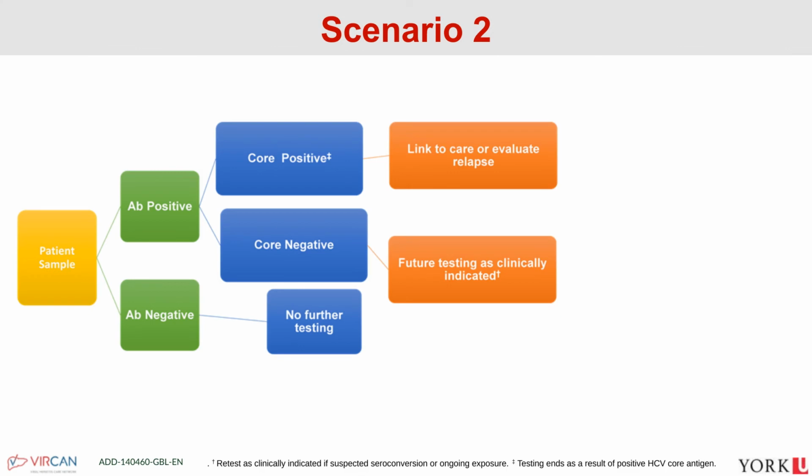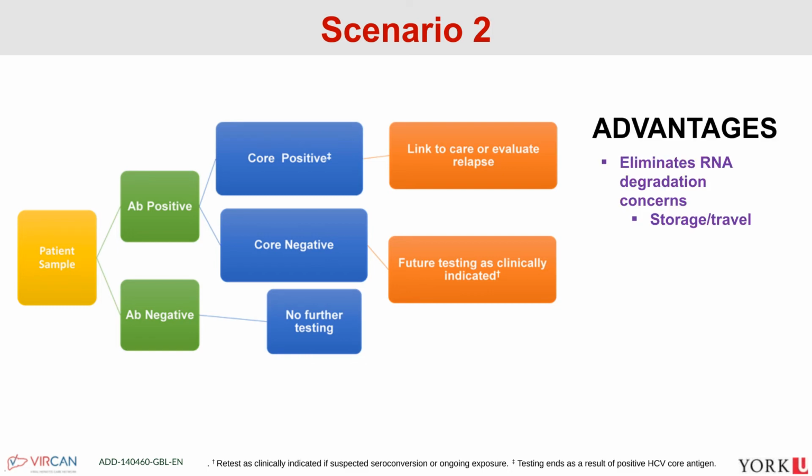In terms of a different type of scenario, in this scenario we actually have no nucleic acid-based testing at all. So thinking about after an antibody positive test, progressing on to a core antigen test; if they're positive, linked to care or evaluate for treatment failure or viral relapse. Are they core antigen negative? And then not having the option of nucleic acid-based testing, which I'll go into some of the reasons in a moment, but just thinking about, okay, they're negative. Do I have a high degree of suspicion? If yes, retest by core antigen in 3 to 6 months.